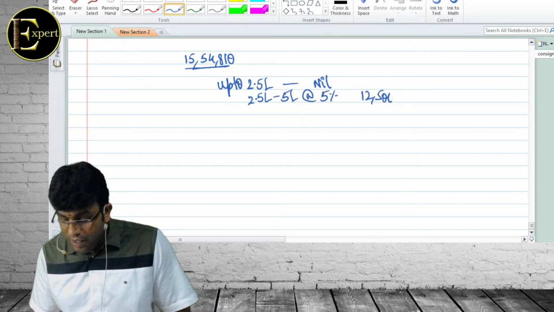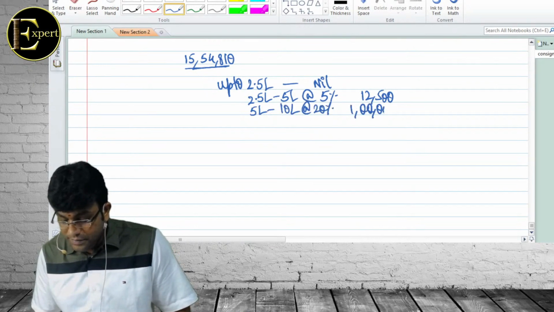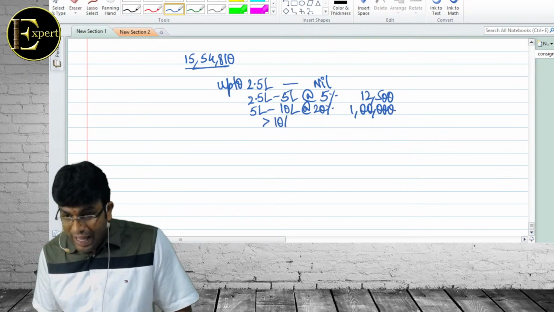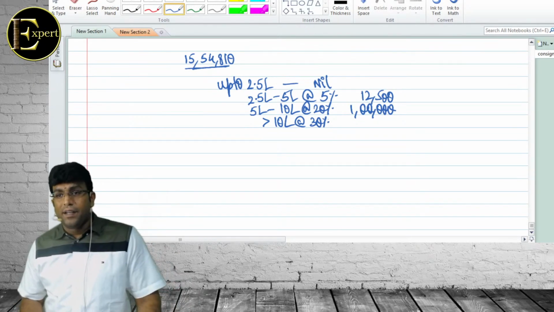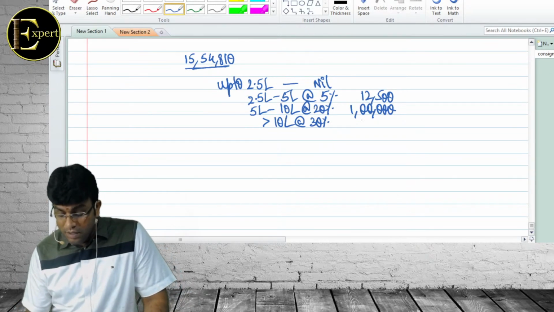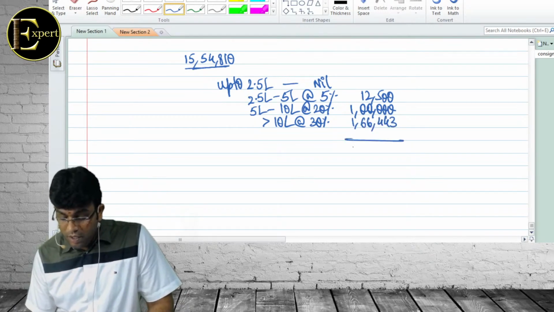5%, 12,500. 5 lakh to 10 lakh at the rate of 20%, which comes to 1 lakh. Above 10 lakh at the rate of 30%. How much is above 10 lakhs? 5,54,810. That into 30%, how much, beta? 443. Total 2 lakh